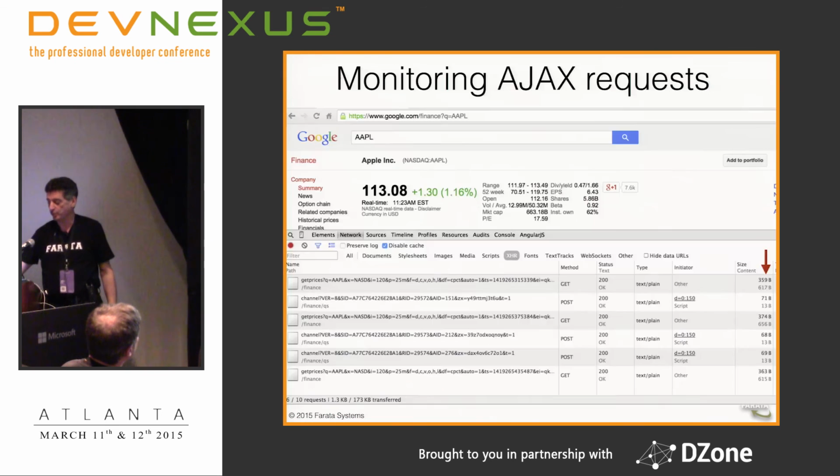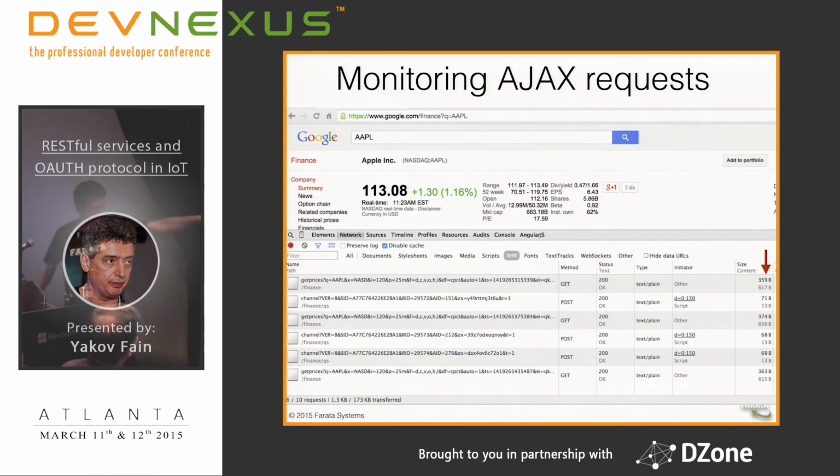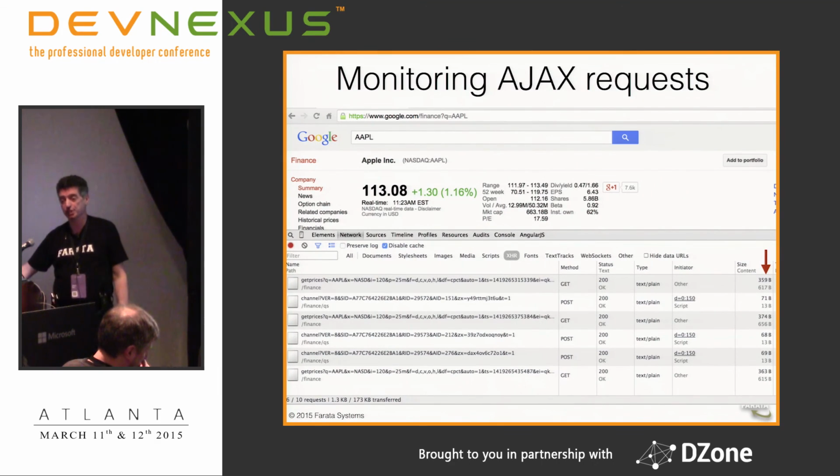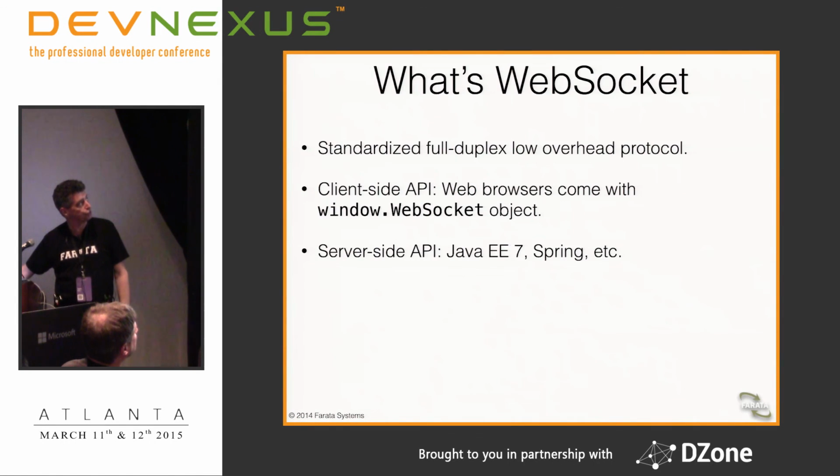Also, this is an example. You can see the sizes. This is a stock quote. When you see this little number change, you can see how many bytes go back and forth with every little digit change. So basically, we switch to WebSockets whenever we can. And the other good thing is that the server can push the data to you without any further requests. So we are using WebSockets.